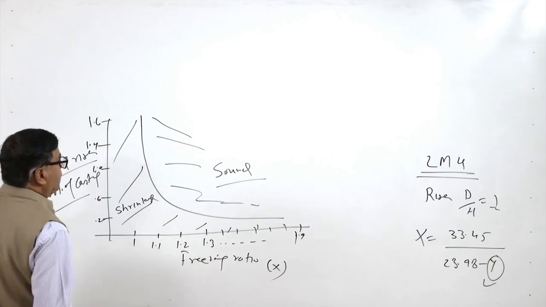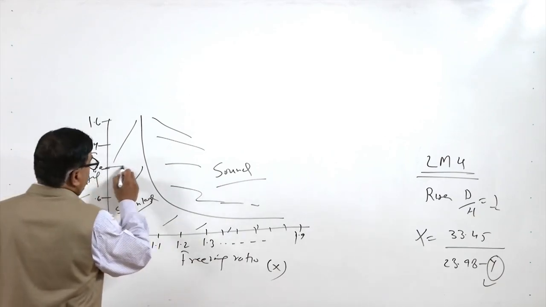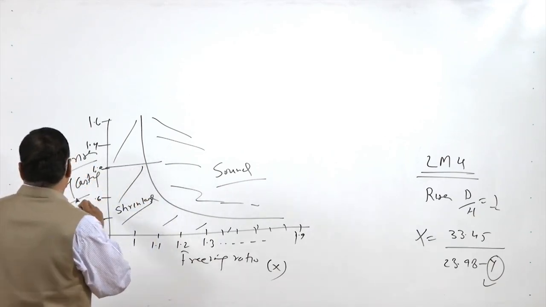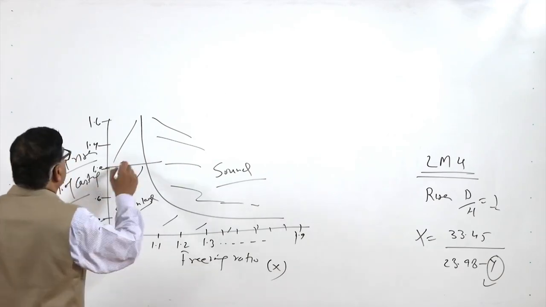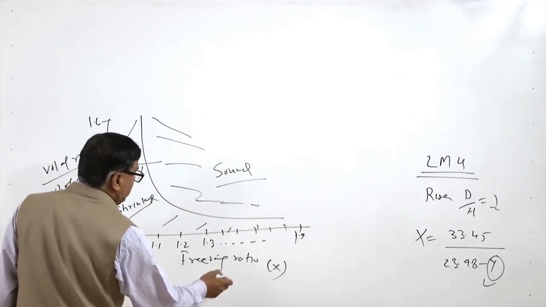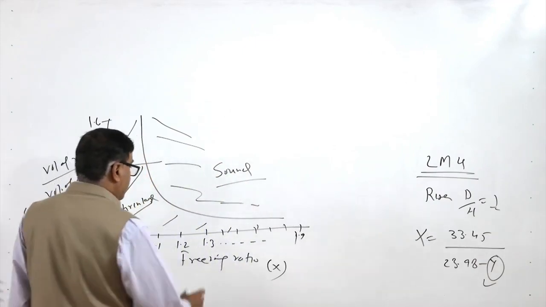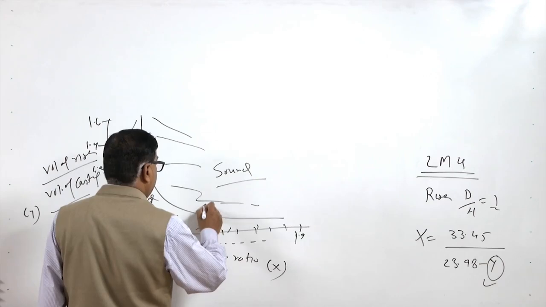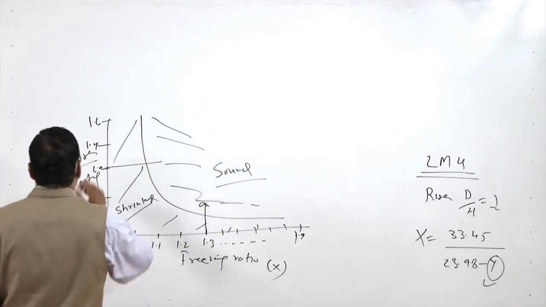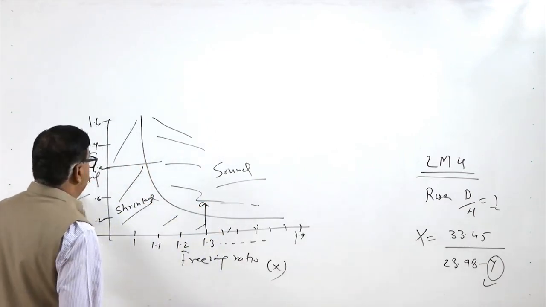We can obtain what the freezing ratio should be for different values of y, and what y should be for different freezing ratios. So, if the freezing ratio is high, then even a low riser to casting volume ratio can